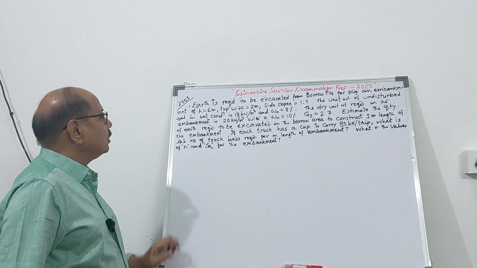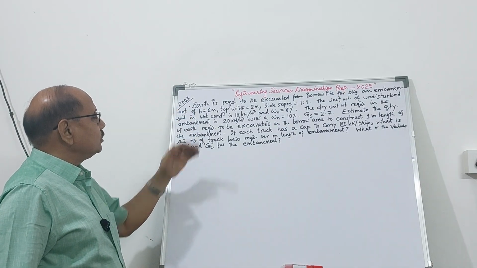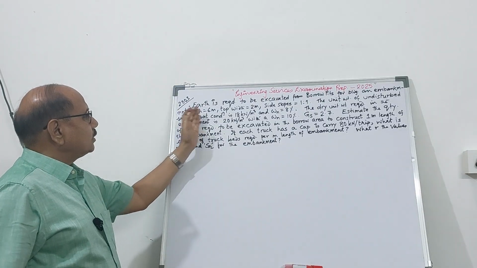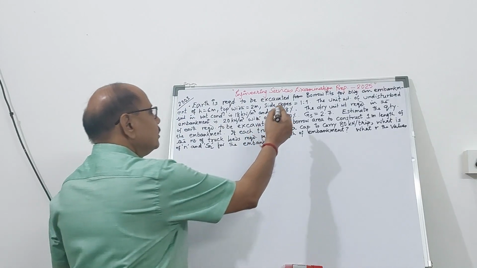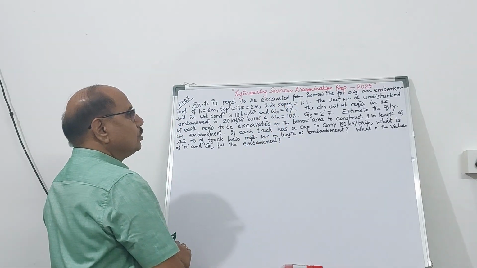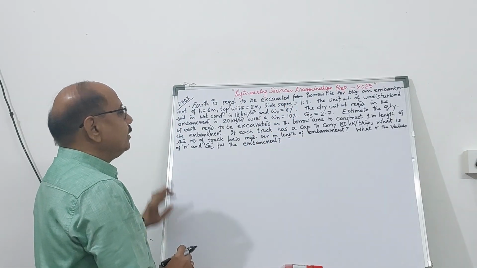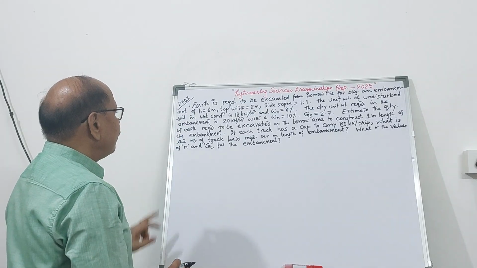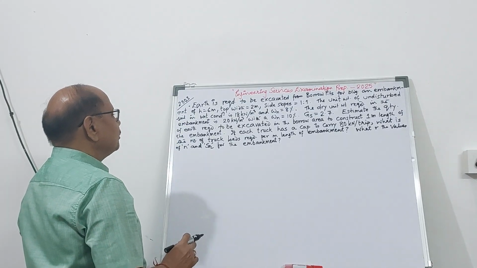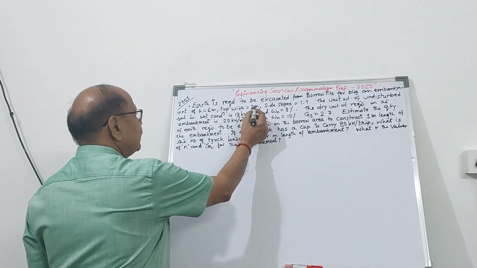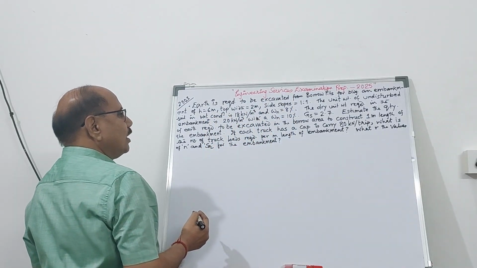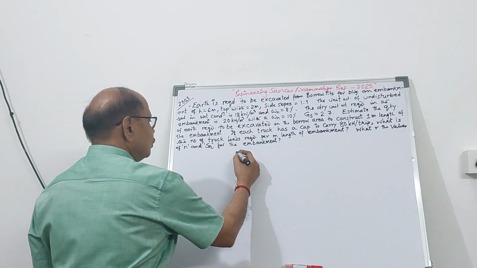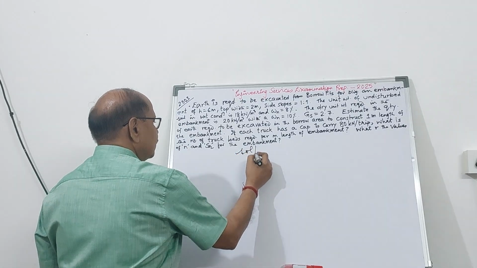So, the conventional examination question is like this: Earth is required to be excavated from borrow pits for building an embankment of height 6 meter, top width 2 meter, and side slopes 1 is to 1. So if you look to the solution of this problem,